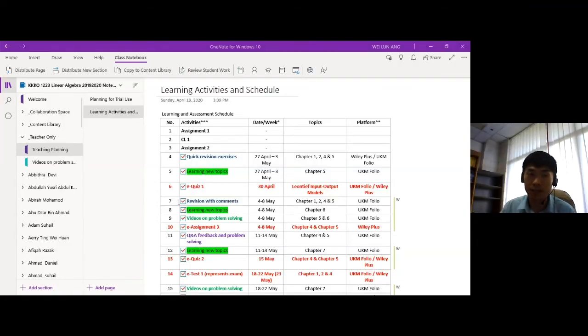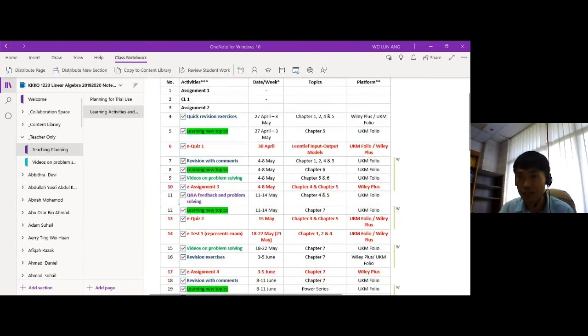But once it's in MCO, I realize we have so many e-learning activities, and I want to make sure that the students have a more efficient learning. So it means that I have to give additional classes like revisions, and then videos on problem solving. These are the additional teaching contents that I developed during the MCO period to help the students understand the content.